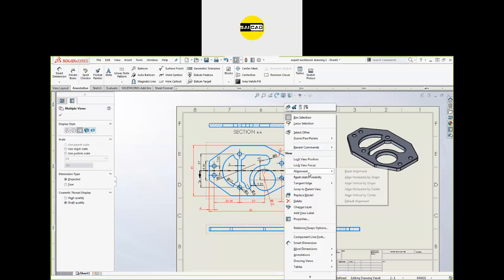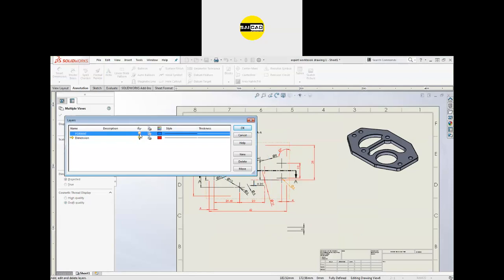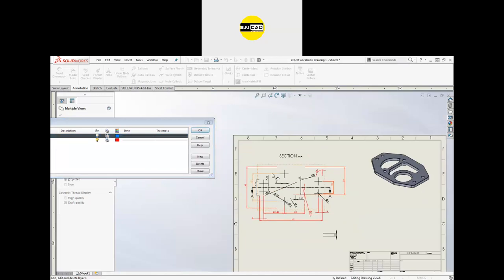Okay, we have the layer. You can just turn the layer off and on. I don't want to see the format layer, so turn that off from here. So you can see everything is now visible here.